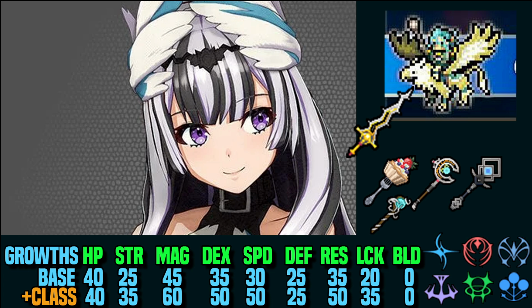So it gives you hit and crit plus 10, hit, crit, avoid, dodge plus 20, might minus 1, weight minus 1. This helps her wield the Levin Sword. She has a little bit of build, but she doesn't have enough where it's weightless, so this reduces the weight, which allows her to double more consistently. So I think Alir engraving is the best engraving,